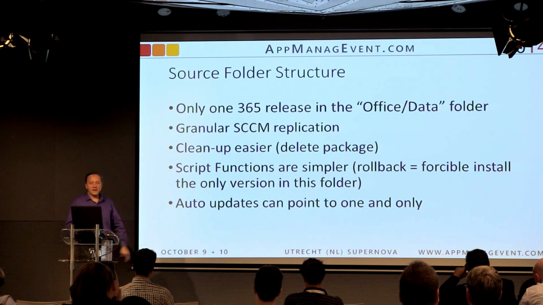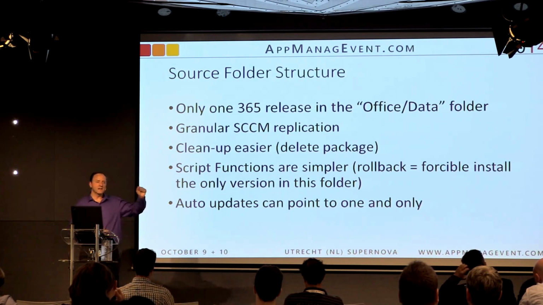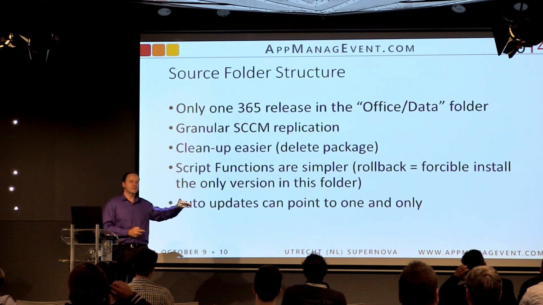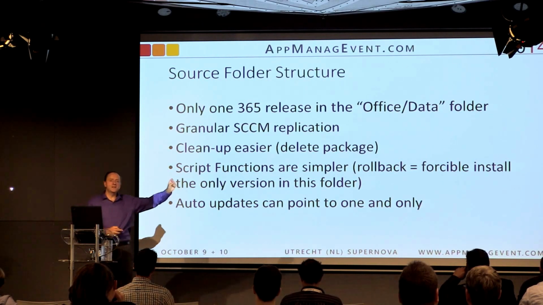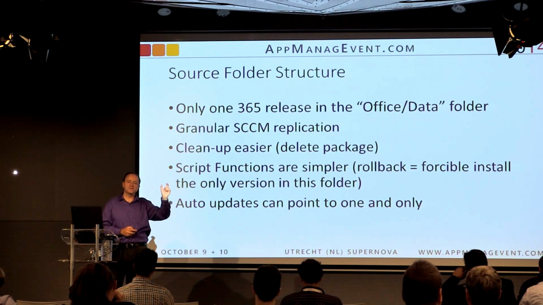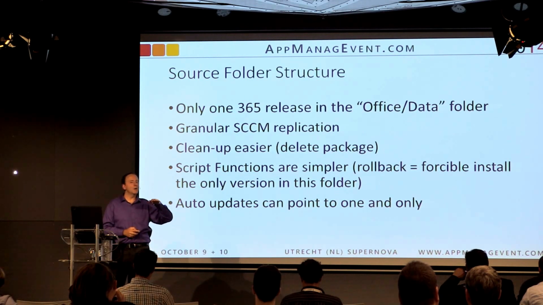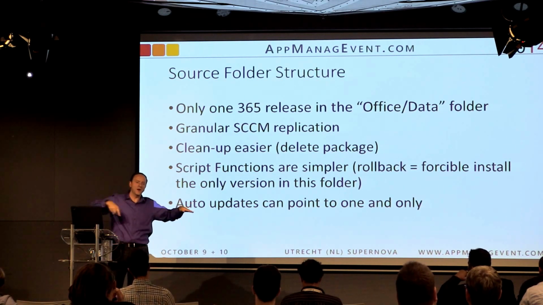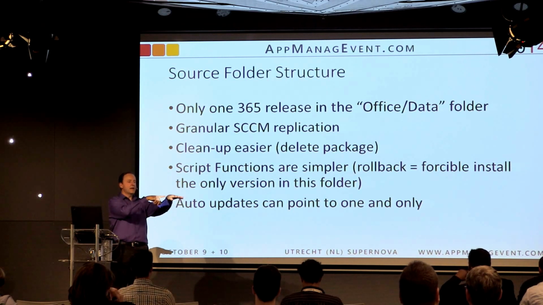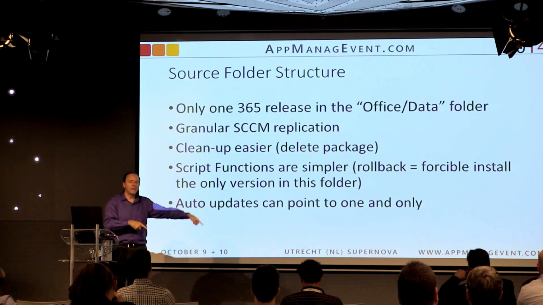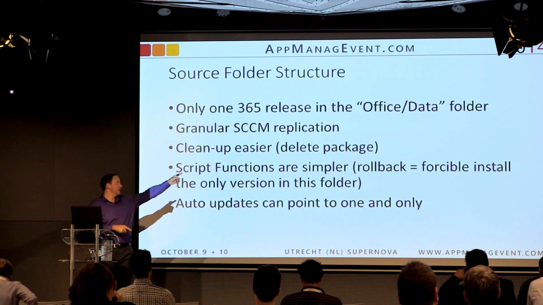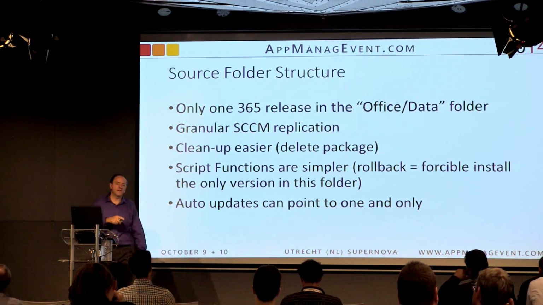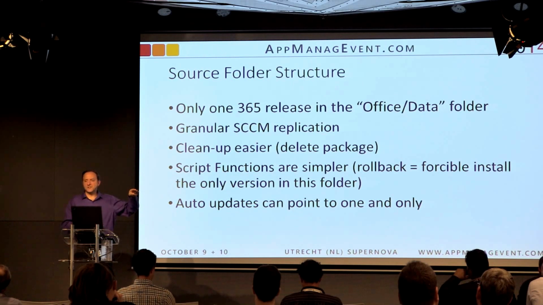For SCCM compatibility, we only have one release of Office in the Office data folder. I'm not going to go into the basics of the folder structure here today, but you can have multiple versions in there, and you can select the version by which version v32 cab is. That would be if you did auto updates, the technical mechanism with on-premise source: that v32 cab file, when you switch it, all those clients will start looking for that version in that folder. And there's also the ability in the config XML to say, I want this specific version. It's going to look in a subfolder of data to find that version. We only put one version in there at a time.